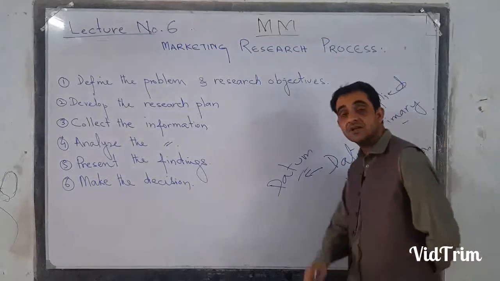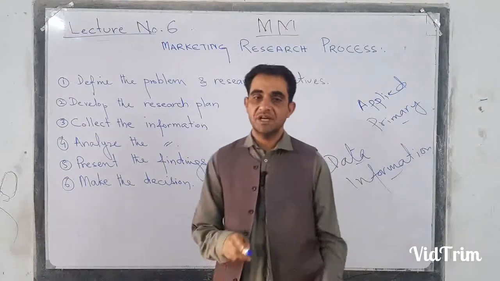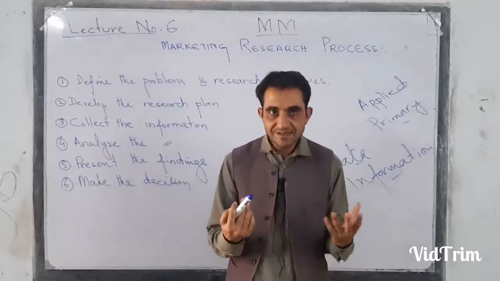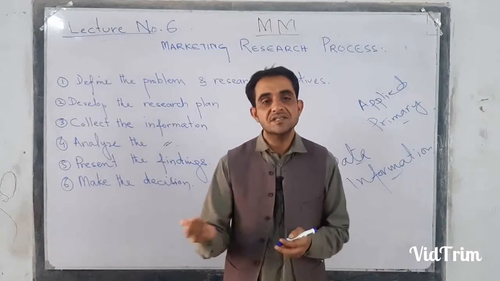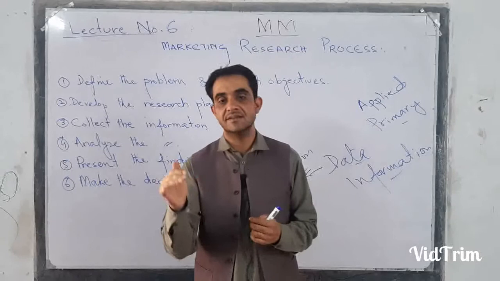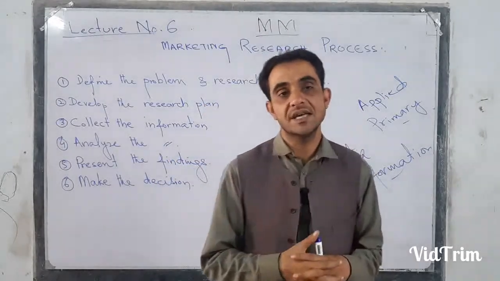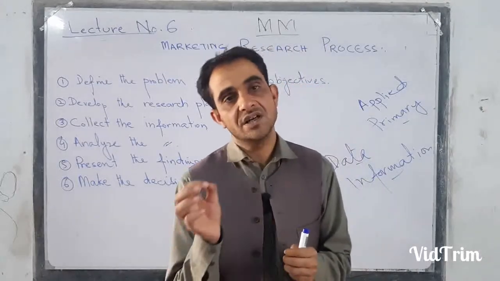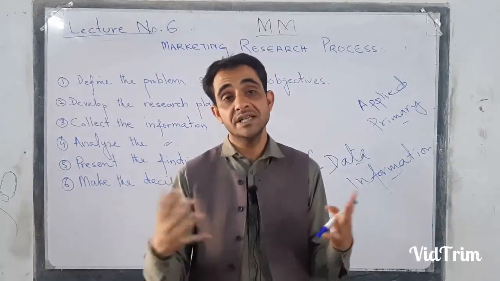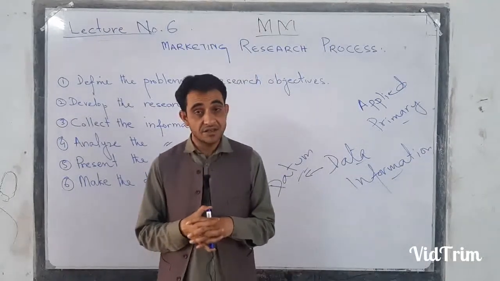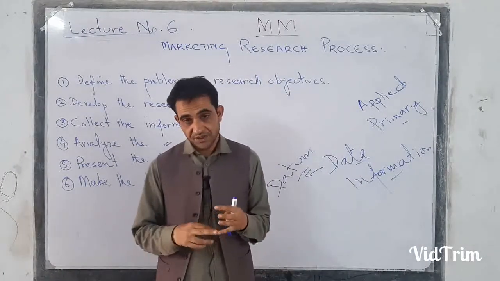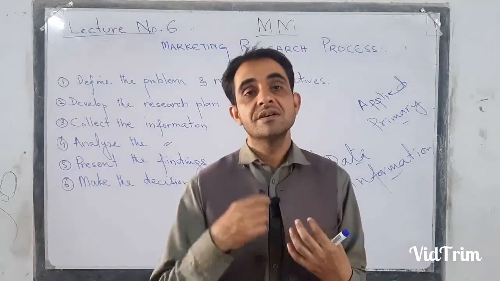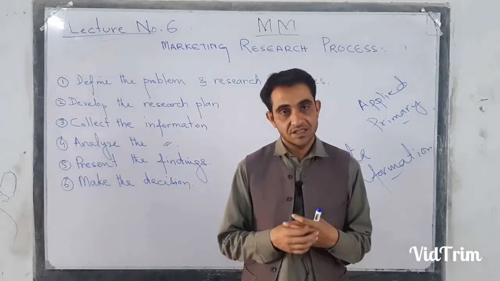There are two types of data. One is called primary data, the other is called secondary data. Primary data is data that we are collecting for the first time. It is also called first hand data. Nobody has collected it yet. This is called primary data. Secondary data is data which is already available, which is already collected by somebody else, someone has conducted research on it. That may be in book form, on a website, in a journal, in a magazine, research articles, etc.